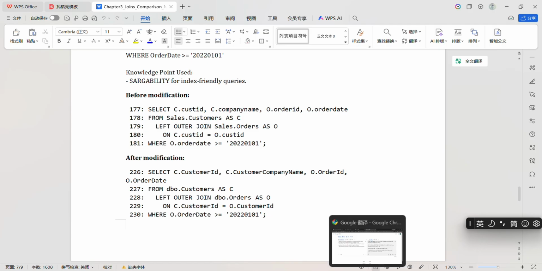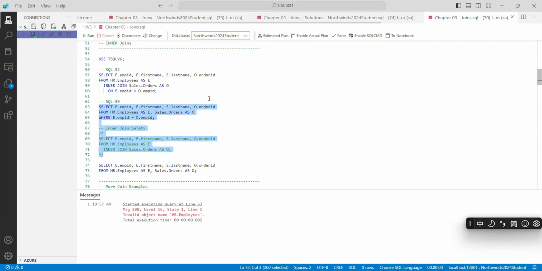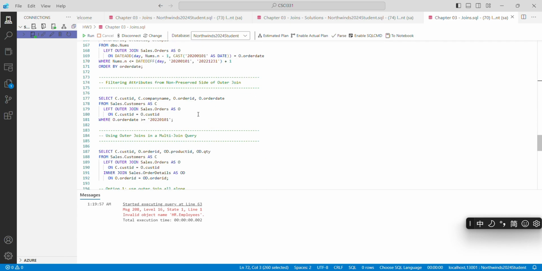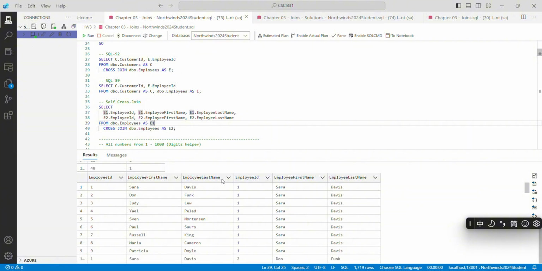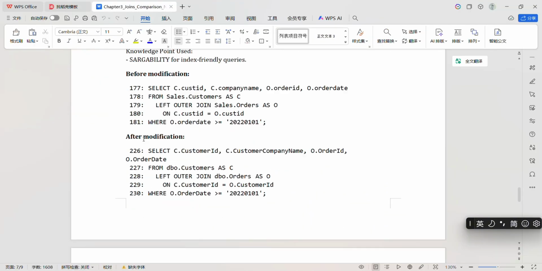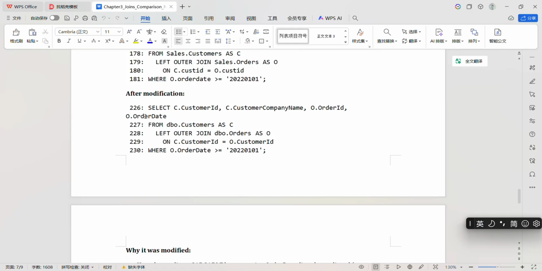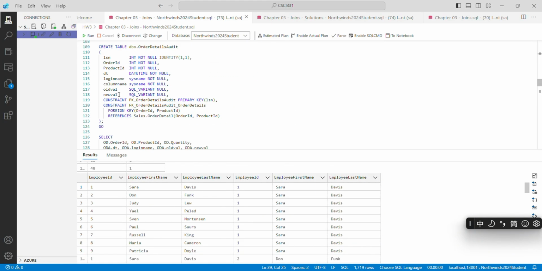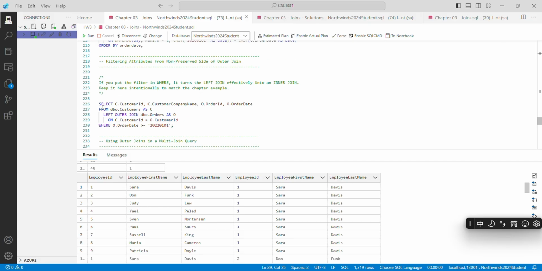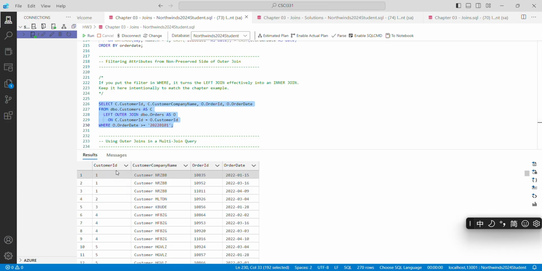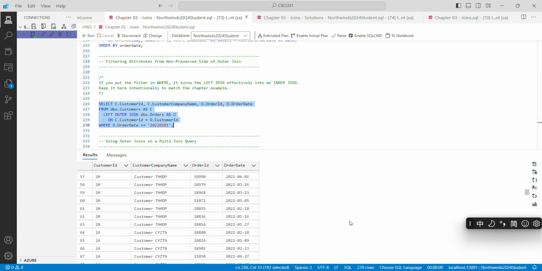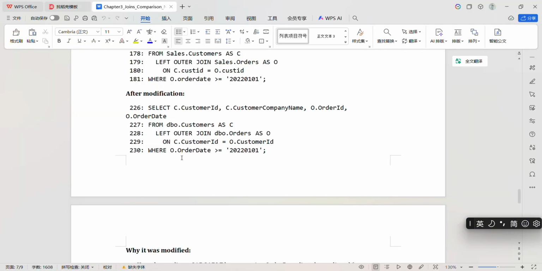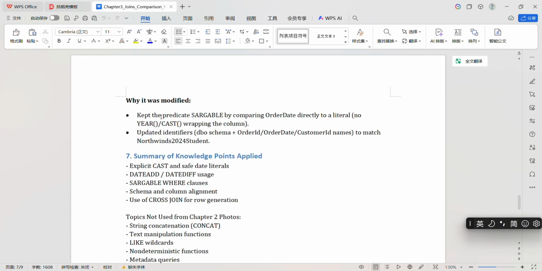177. Okay, let's see. It's here. Okay, right. After modification, see 226. It's here. It's right. Okay, you can see customer ID, customer name here. Why it was modified, kept the